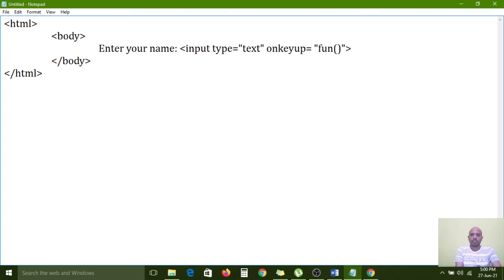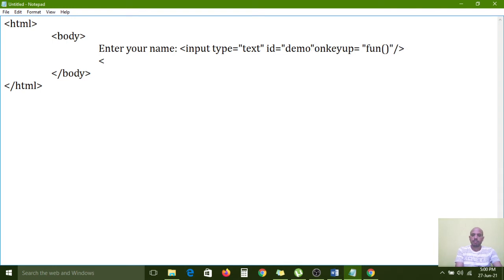Now close this one. For the input field I want to give an id also, id equal to demo. So that id name I have configured. Script open, script close.